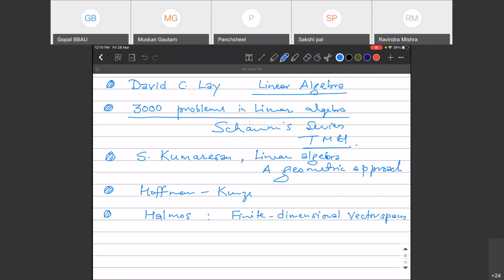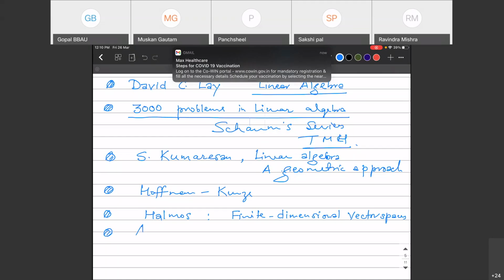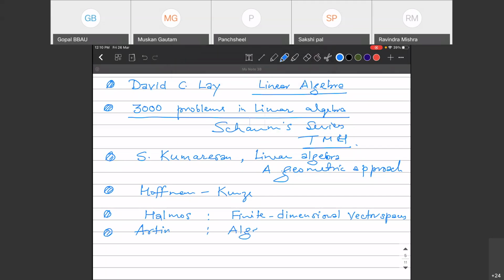Vector spaces. This is a very nice book. Artin, the title is Algebra. You will find group theory, ring theory, field theory in this book, as well as linear algebra. Artin's book, its approach is geometric. And one last book by